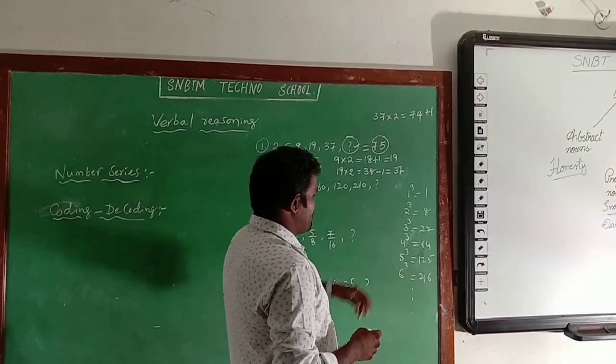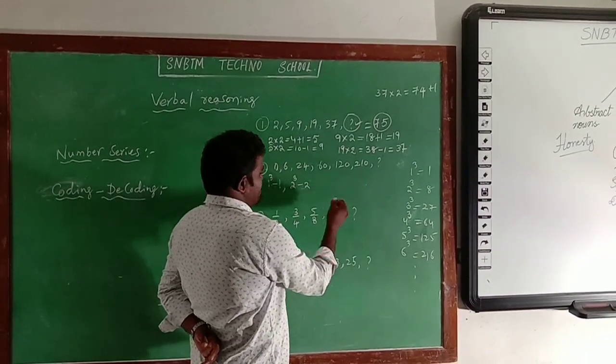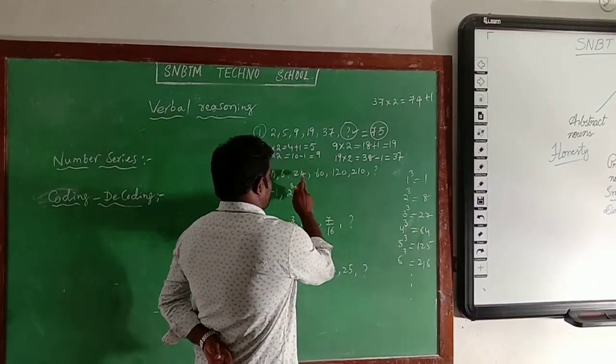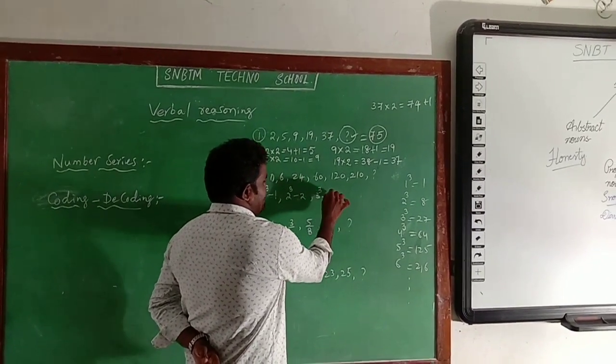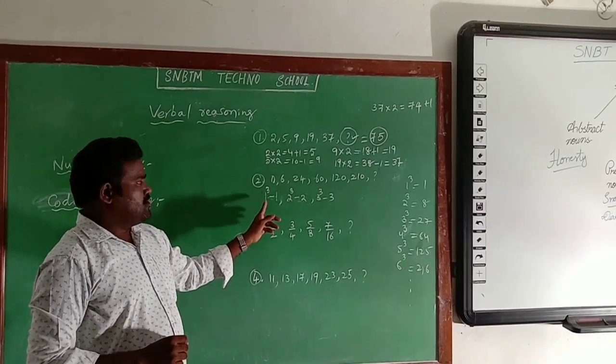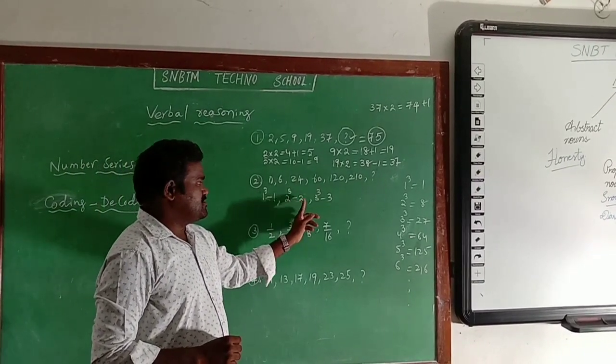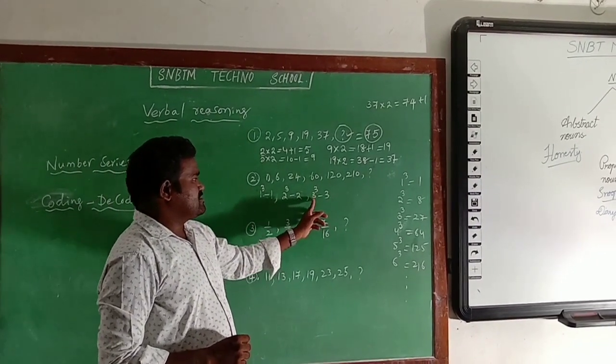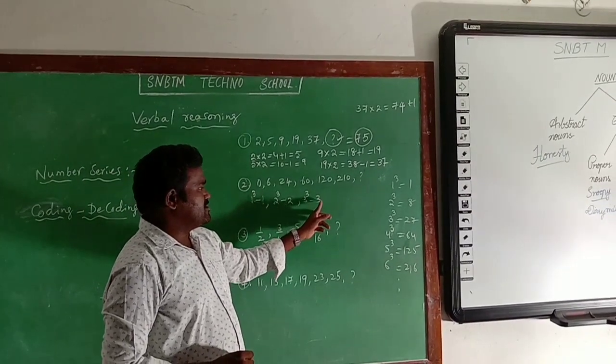Similarly, third number. What is the third number? 3 cube is equal to 27. So clearly 3 cube minus 3. So this is the pattern. This is the logic: 1 cube minus 1, 2 cube minus 2, 3 cube minus 3. Here what is the answer? 3 cube means 27, 27 minus 3,